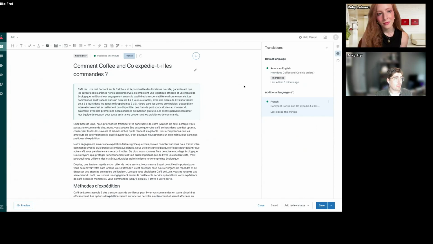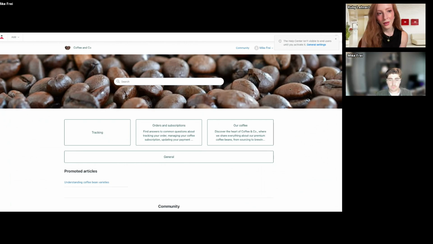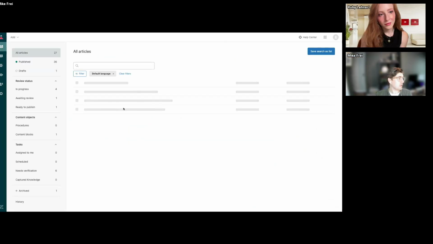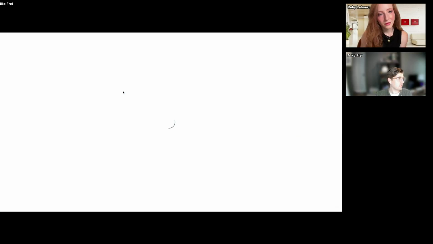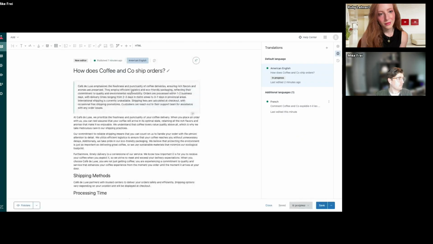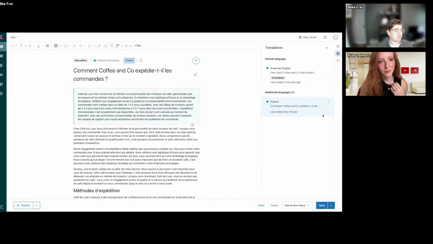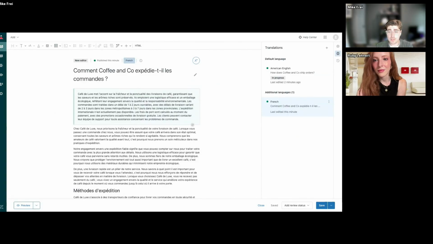So now if we go back to the Help Center, and click on the article and click on how does Coffee & Co. Let me see if I can find this. Back here again. We have the French version right down here as well. Perfect. So that's how you can easily translate your articles using AI, making your help center a lot more